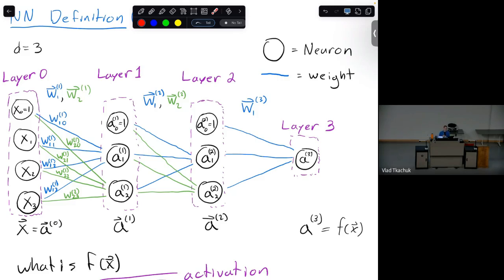A really common one is the sigmoid. You'll see some other ones in the assignment, and you have to decide whether any function from reals to reals is an activation. You can pick anything. There turn out to be some useful ones in practice that are helpful for various reasons. We're not going to get into the details, but it's a huge research field, and people use all sorts of different ones. For instance, GPT-3 used an activation called the Gaussian error linear unit, or GELU. Anyways, it's just a function.